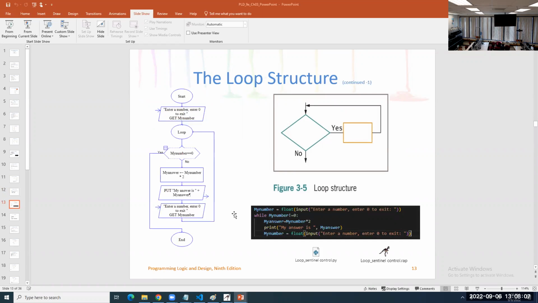So in the loop, here is a condition. You have to put the condition, and yet keep doing it. Inside that you can have many statements here, and keep doing it again. When you're done with iteration, you have to come over to check the condition again. So if the condition remains true, you keep doing it, keep doing it, keep doing it, and it only exits the loop when the condition here is no. And in the interpreter here. So basically for this one here,